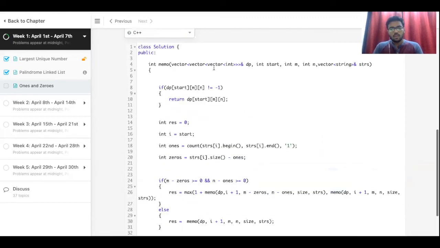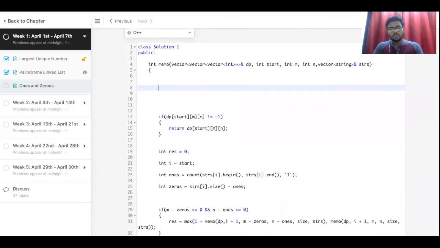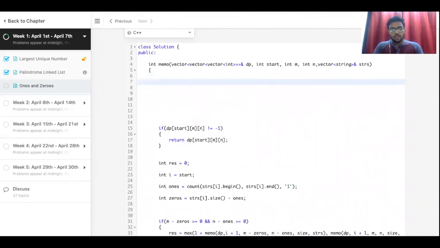All right, now let's write the base condition. The base condition would be that if m is equal to 0 and n is equal to 0, at that time we return 0.